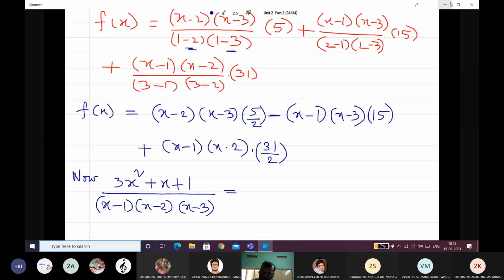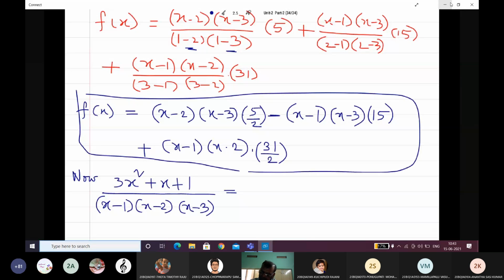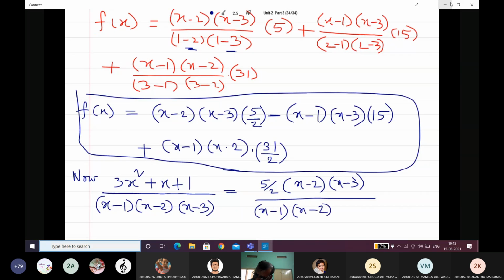These are the numerator part. So this part divided by denominator part, numerator by denominator. First one: 5 by 2 into x minus 2 into x minus 3 divided by denominator part, x minus 1 into x minus 2 into x minus 3